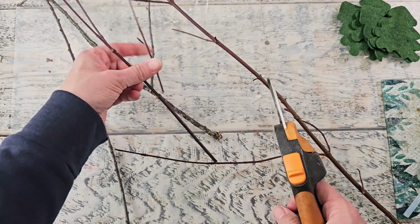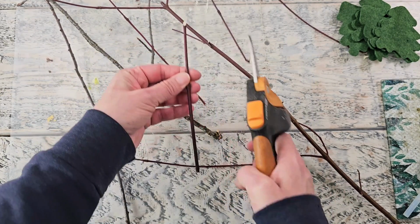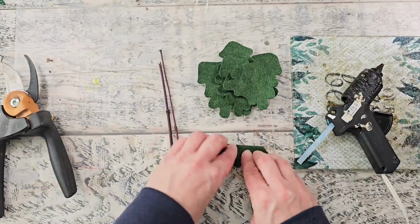I really like the red willow. I thought it would be really fun and festive, and I like the contrast of the red against the green as well. Just trimming it down to a more usable size. I've got 2 different sizes of my